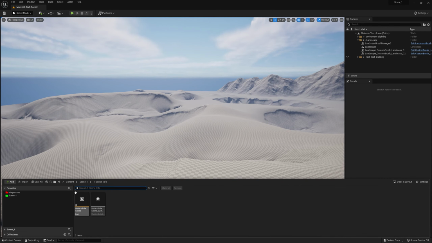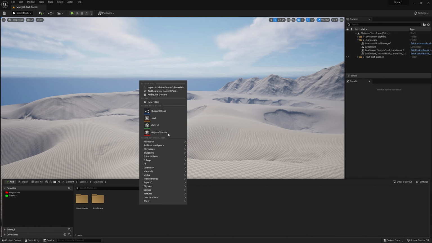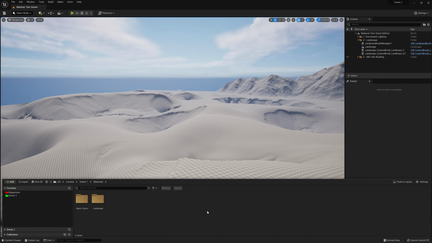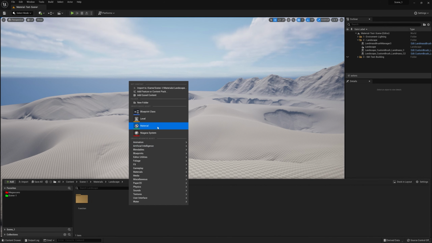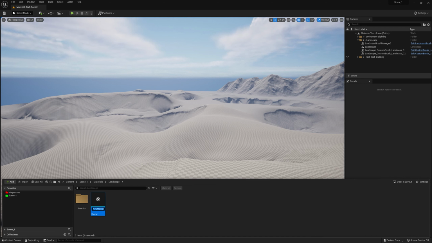What I've already done is create a landscape folder and a functions folder ready to use. All you have to do is right click, go to the top and go on new folder, create a folder. So let's get started. If I right click in the content browser, I'm going to create a material, keeping my naming conventions,